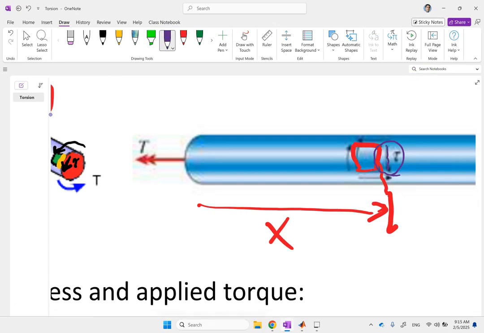It is downward. Now that's all you need. If that one is downward, on the other face it has to be upward. And remember, on these corners, if you watch one of my videos where I showed that tau xy equals tau yx,